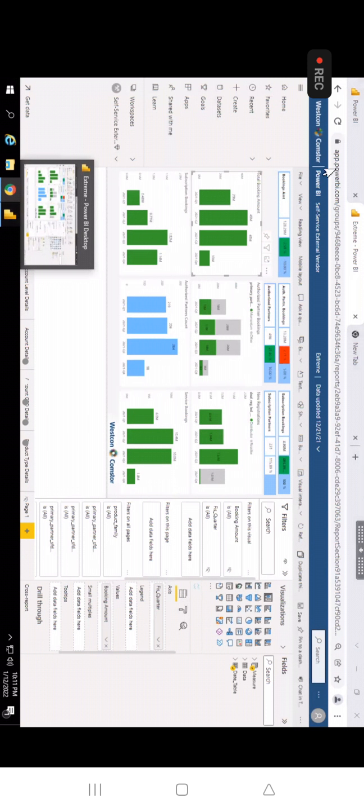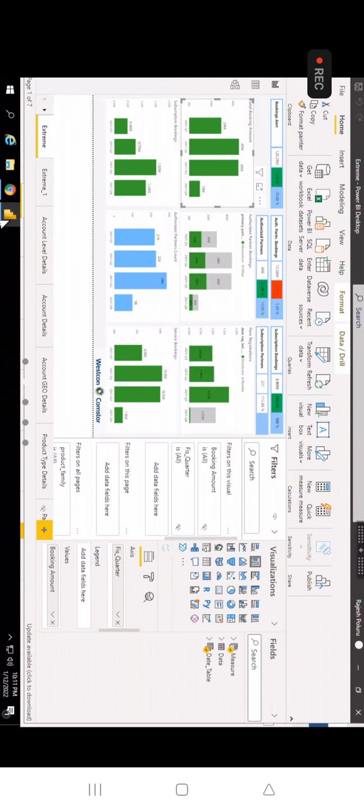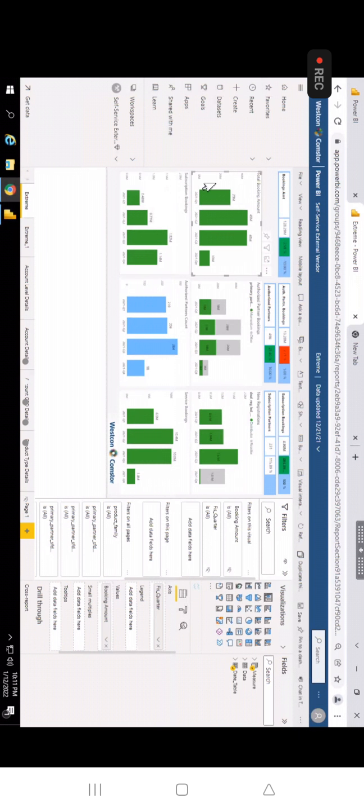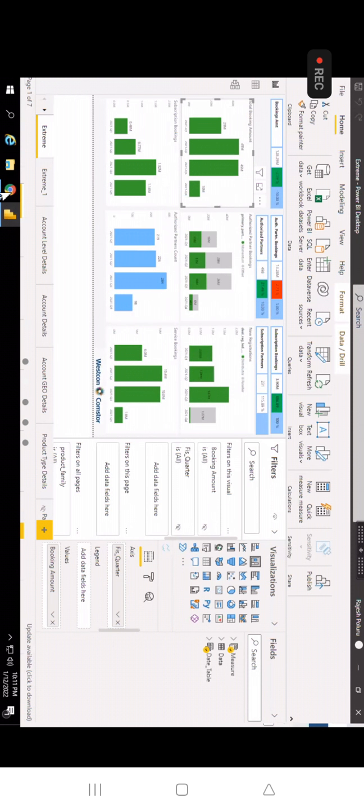The dot symbol should be in yellow color, okay. And I opened this in Google Chrome, because I opened the report, that is the reason. Because the same report I have opened in desktop, the same report